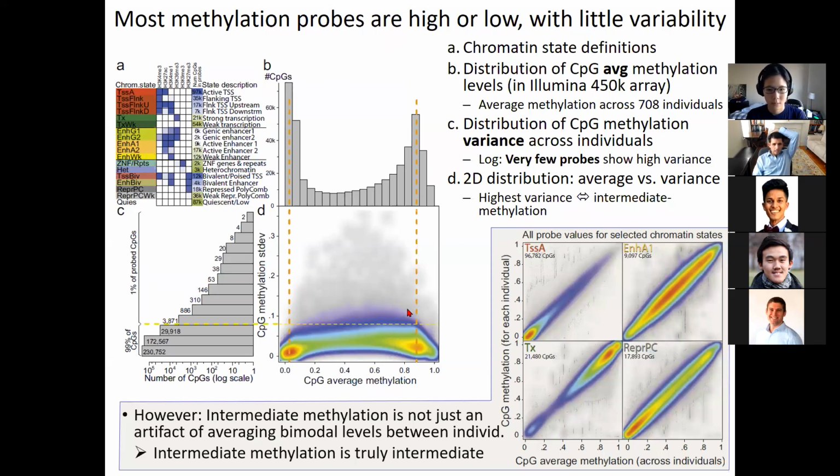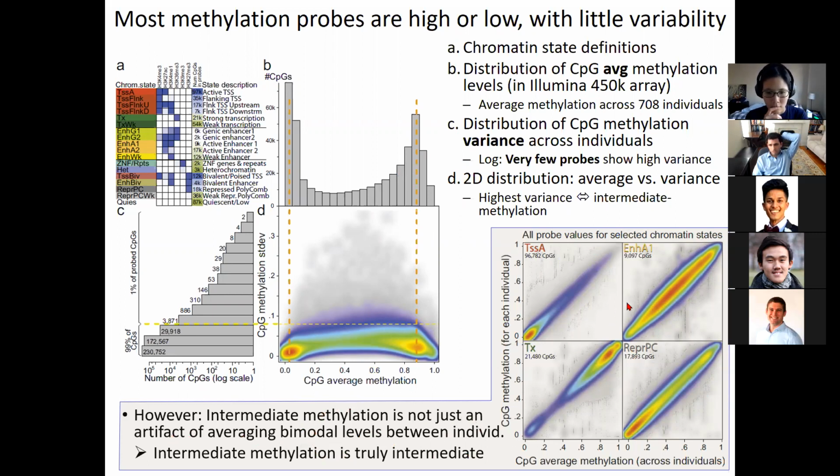And then, of course, you can ask, are these intermediate methylation levels simply an artifact of averaging bimodal distributions between individuals? If that was the case, then we would expect to see a high mode here and a low mode here for every one of those locations that averages here in the middle. But instead we see that they actually are along the diagonal, suggesting that it's not just an artifact of averaging,